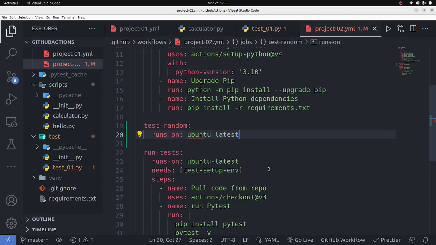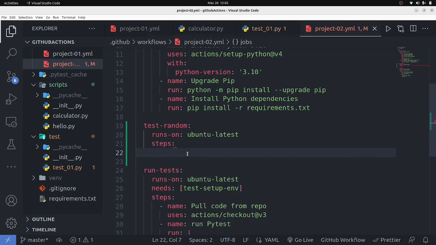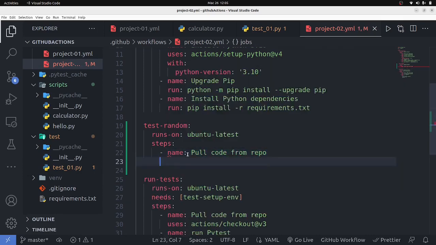Okay, so it's going to be running on Ubuntu latest, and then finally we're going to specify it doesn't need anything, so it's going to be running in parallel to job 1 and to these 2 jobs that we have. So we're going to say steps, and the step we're going to give a name, and this is going to be pull code from repo. So pull the code from the repository, and once the code is pulled, what you want to do